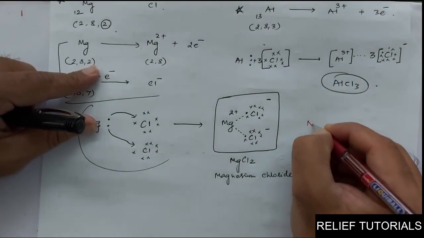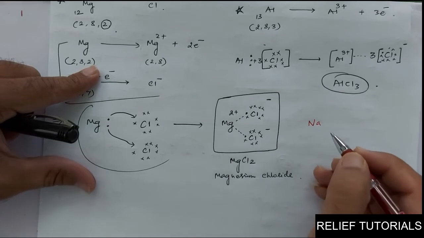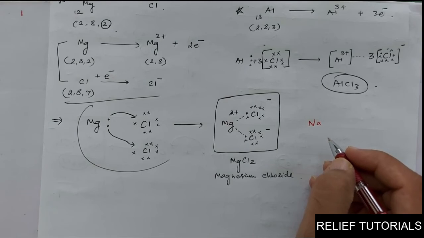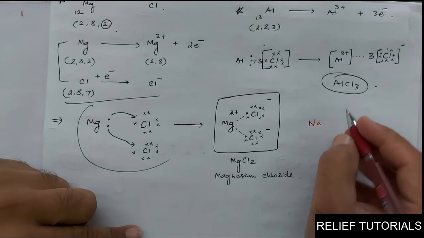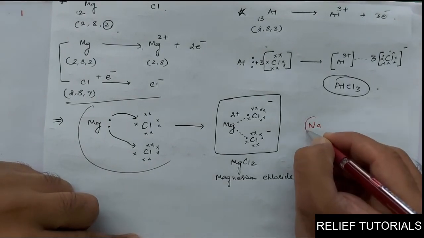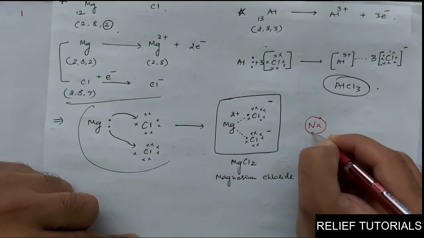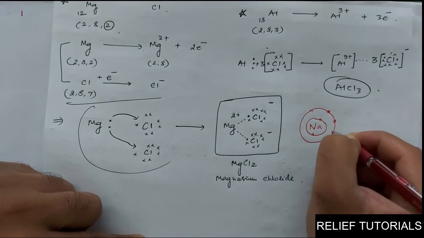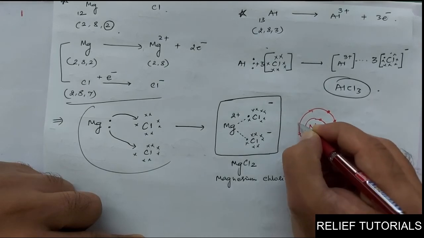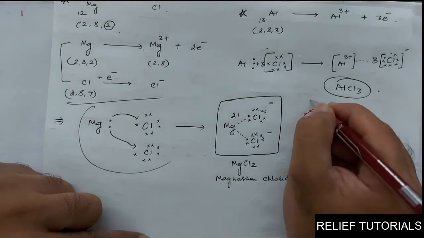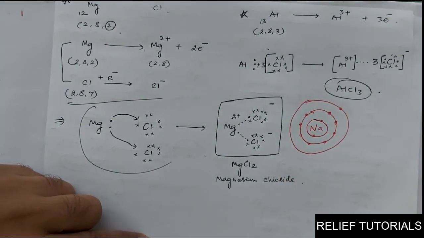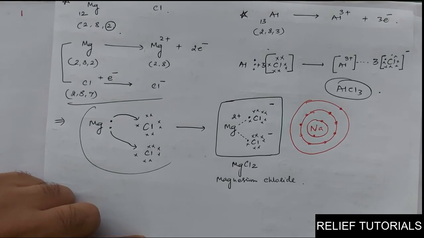Consider sodium, whose atomic number is 11. Electron dot structure means they are asking you how to represent the electrons in sodium. So it is 2 electrons in the first orbit, 8 electrons in the second, because the electronic configuration is 2, 8, 1, and 1 electron here. So this is sodium. Same thing you can represent for oxygen.